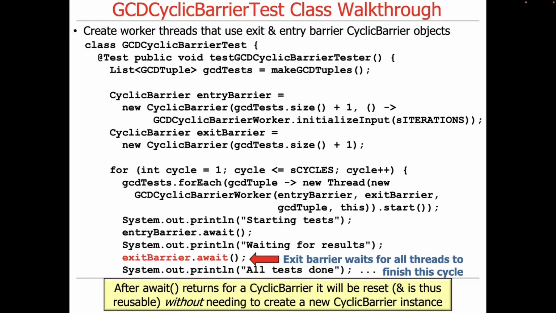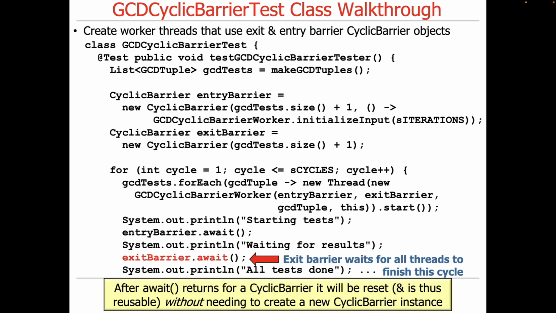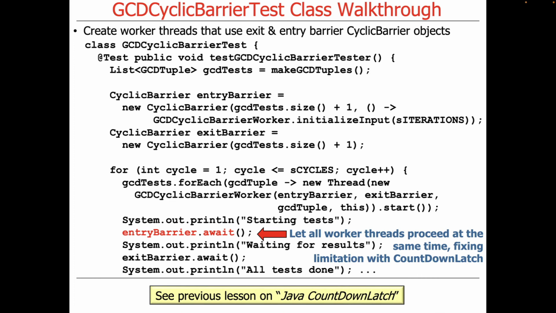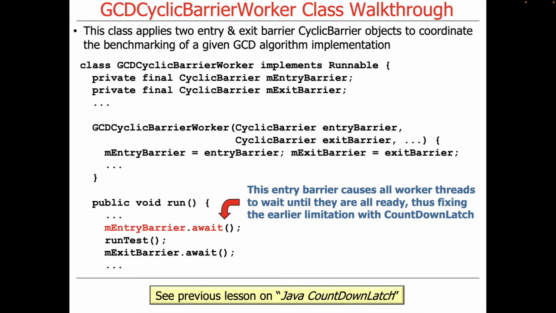Well, okay. So the question I think here is, there's a bunch of threads running around. The bulk of them are doing the GCD algorithm, and then we have kind of this orchestration thread, which is this guy. I called it the initialization thread, but it's really the one that sets the wheels in motion, if you will. And so I think maybe the question is, what's going on here? If you look, we await, and then we await again. And so what we're doing here is basically making sure that this call to await, in conjunction with all of these calls to await, are just making sure that no thread continues until they're